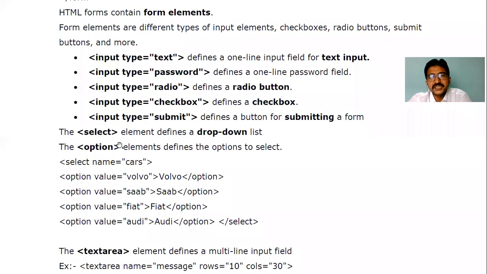Another one is the selection drop-down list. When you want to use it, you can use the select element. The sub tag for select is option. Like we have a drop-down box, for example gender: male, female, transgender, these three options. When you want to insert those three options, we use the select tag. Under the select tag, the child, the sub tag, is option. In the options, we mention value as an attribute. So whenever I click an option, the value is applied automatically.